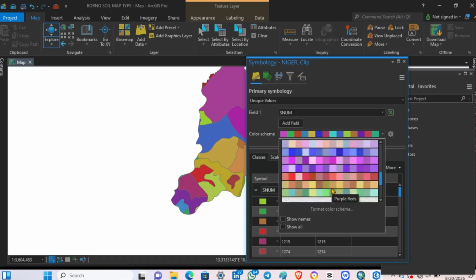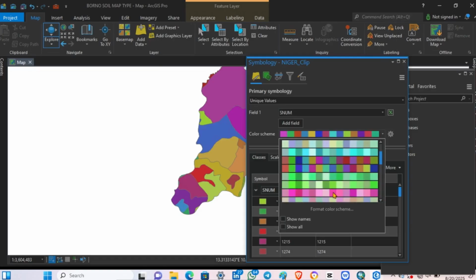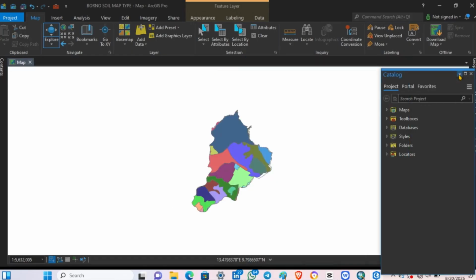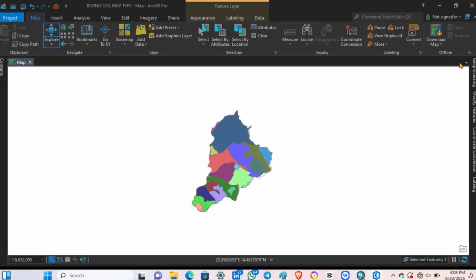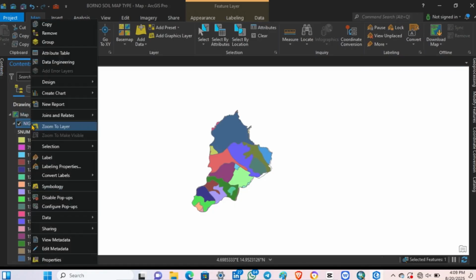So you can choose your own different color of your choice. Having done this, at this point